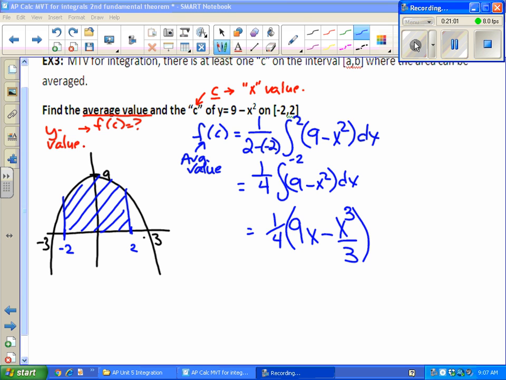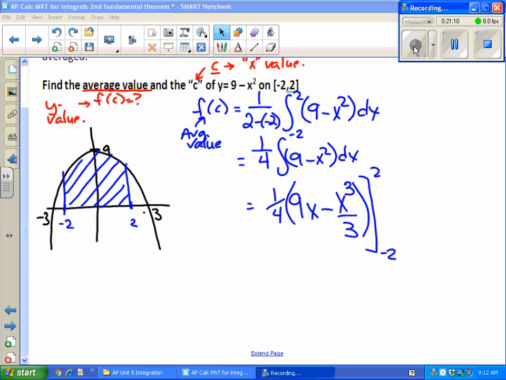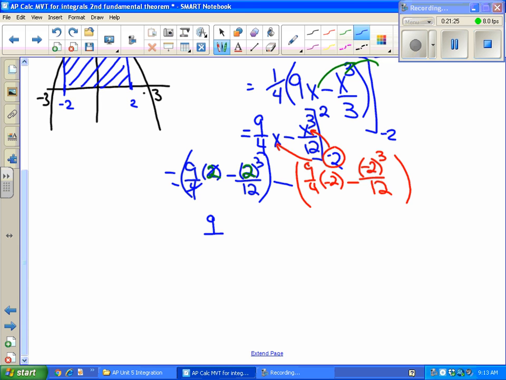All right, so when we integrate, we get 1/4 times (9x minus x cubed over 3), and we're going to integrate that from -2 to 2. All right, so next thing we need to do is evaluate the integral at +2 and -2. We've just inserted 2 into the integral and -2 into the integral, so we're going to finish. I believe you get 9/2 minus, is that 8 over 12? What's 8/12 reduced? 2/3. All right, so that's what we get from the first one, minus, and I'm going to